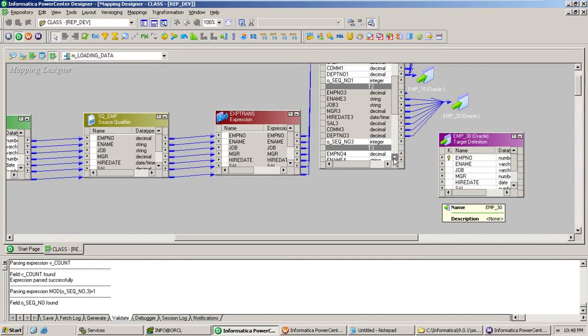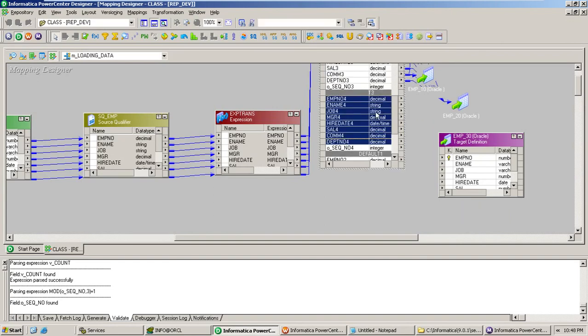This is the third group. Fine, save it, go ahead and create the workflow.